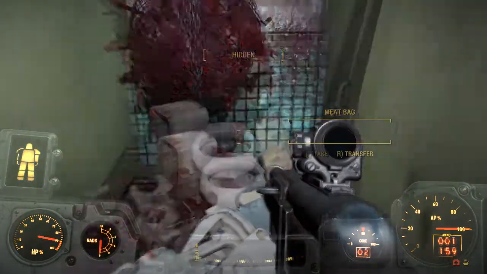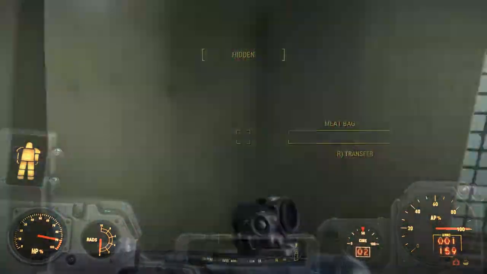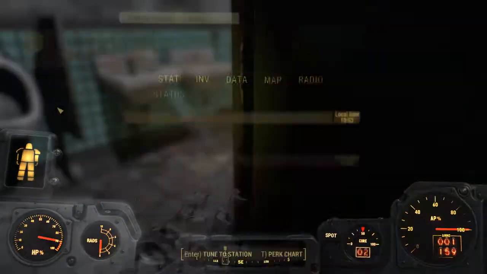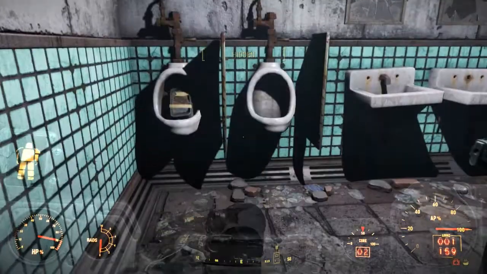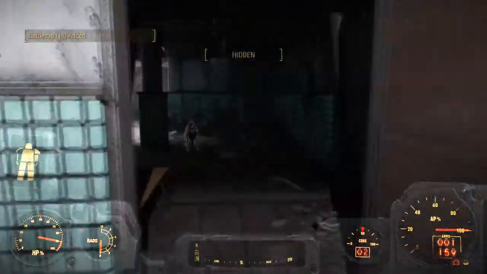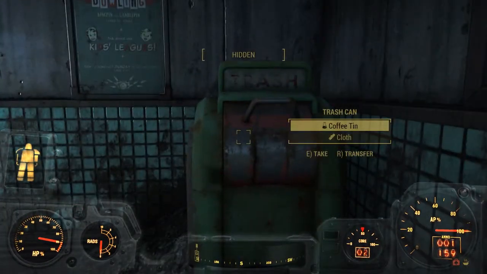I'll take Radstag meat. The good thing about super mutant camps is they have these meat bags or gore bags or whatever you want to call them. And a broom. Oop, did not mean to do that. I meant to do that. And take your cap stash. Yeah, sorry, the gore bags or the meat bags have a reasonable chance of spawning...